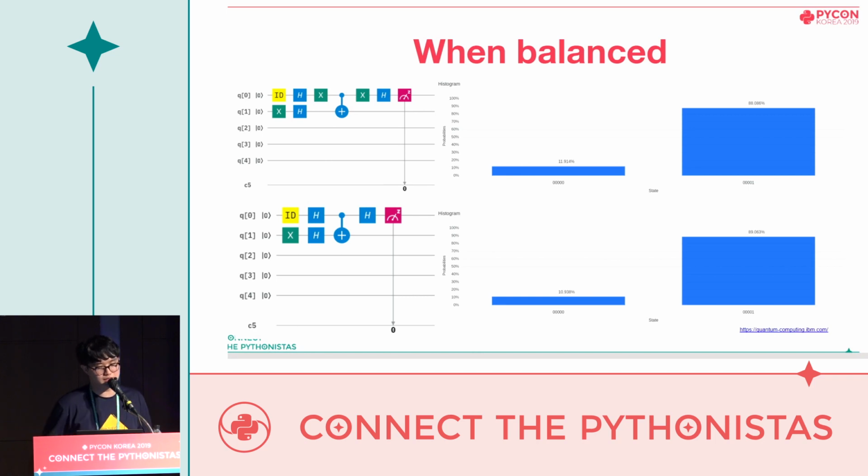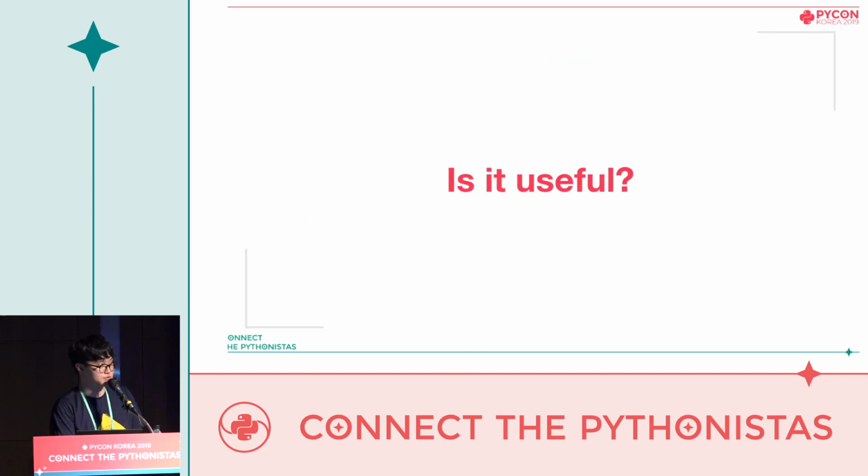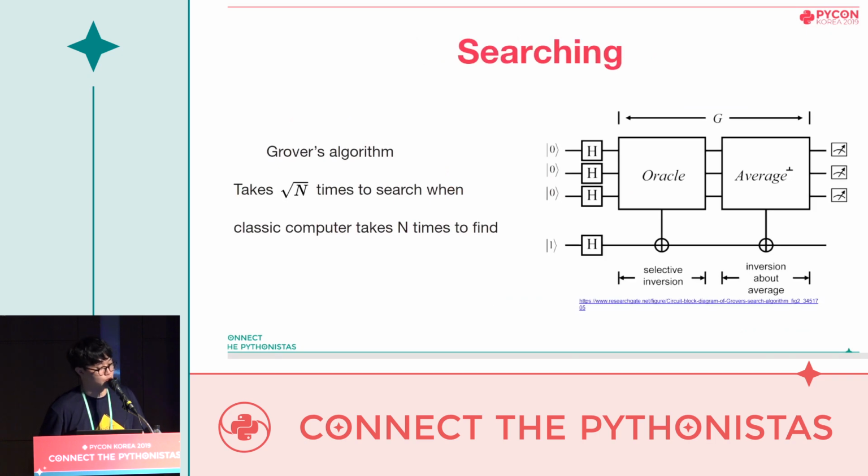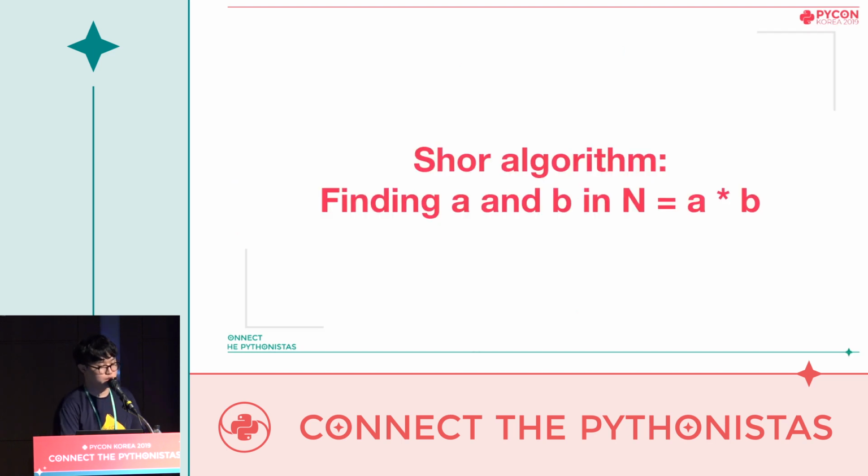So we just looked at Deutsch's algorithm, which proves that the quantum computer is faster than a classical computer in certain situations. However, just proving that a quantum computer is somehow faster does not tell us everything. We have to ask, can a quantum computer do something useful? Well, the answer is no, but it has potential to be. For example, we have Grover's algorithm, which is a searching algorithm that can process much faster than a classical computer does. We can also use this searching advantage that quantum computers have in Shor's algorithm.